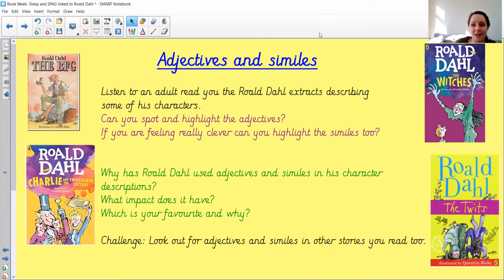Now, this description is about Mr. Twit. Now, Mr. Twit is not a very nice man, not a very nice character. But that's what's great about Roald Dahl's books. He doesn't just write about nice, pretty little girls. He writes about all sorts of terrible things. So I'm going to read you this about Mr. Twit now. And it says,